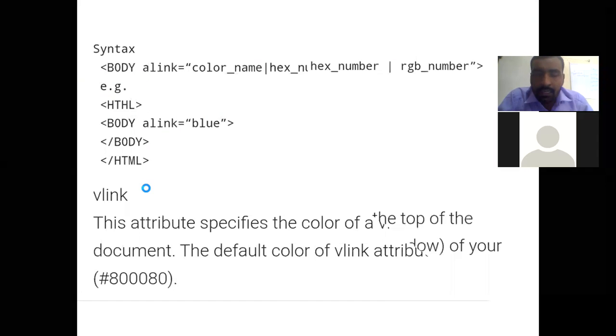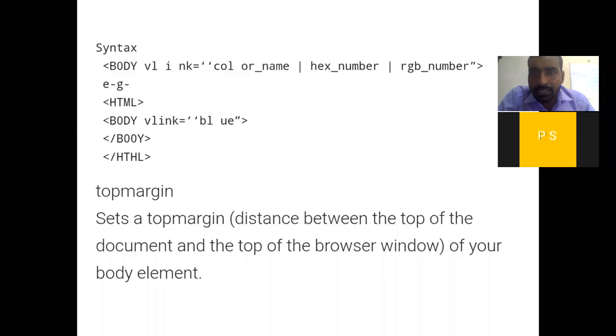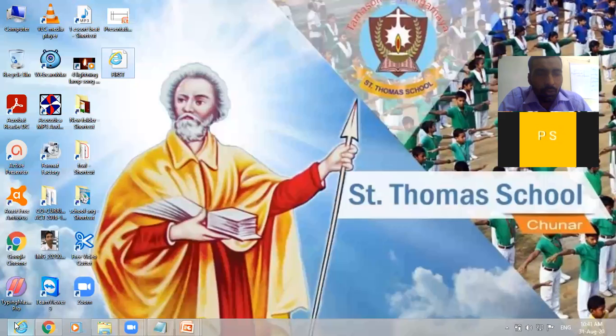Further, now we have top margin, bottom margin, left margin, and right margin. Margin attribute. So in that we can give the different margins. All of you know the margin. Margin stands for the space. The space given between the top of the page, means the top edge of the page, and the text. The text, as you can see here in the web page, I show you.